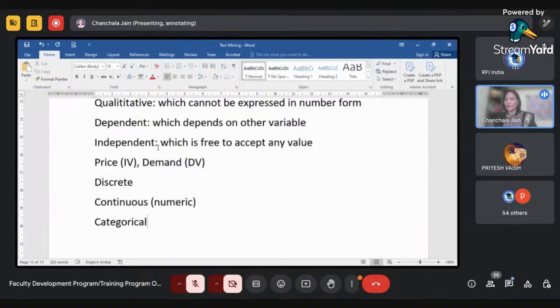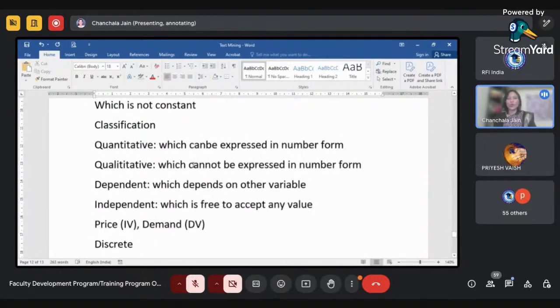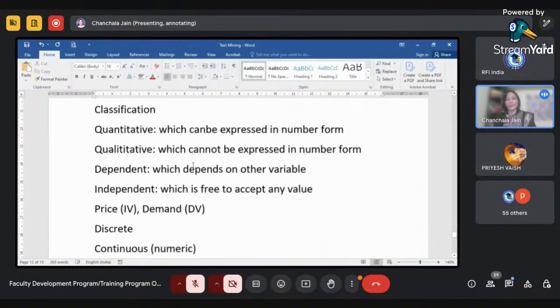The extraneous variable is again known as an independent variable. These are the various kinds of independent variables, and these are the very common classifications of variables.